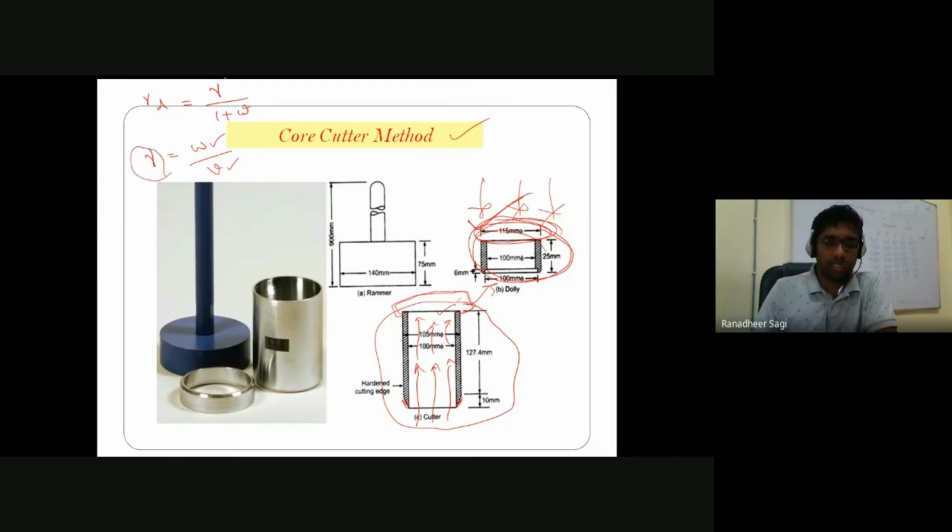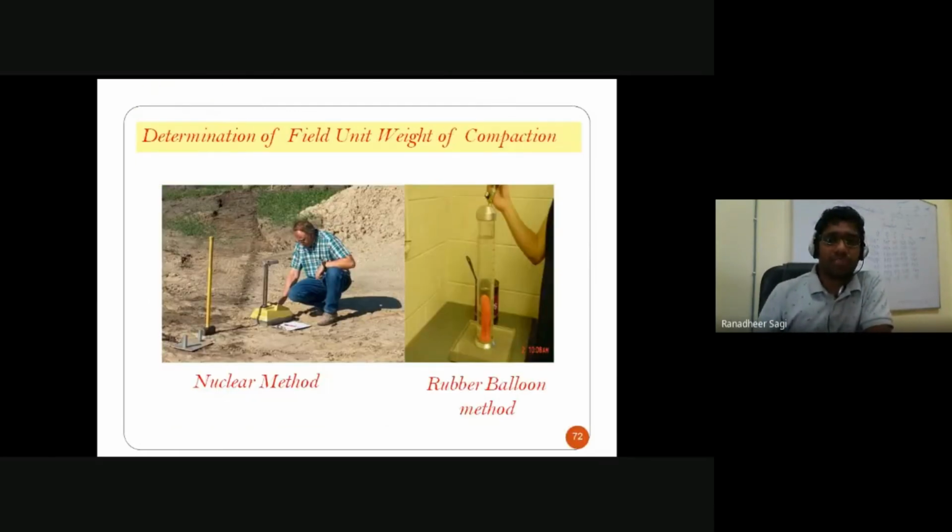Once the bulk unit weight is known, and if I can take a piece of soil sample what got collected in that particular hollow cylindrical mold, and if I can determine the corresponding water content present in that particular soil which got collected in the mold, then I can try to calculate what is the dry density of the soil, or how much dry density that you are achieving for that particular soil which is compacted in the field. Okay, so likewise we have got other tests like nuclear method and rubber balloon method.